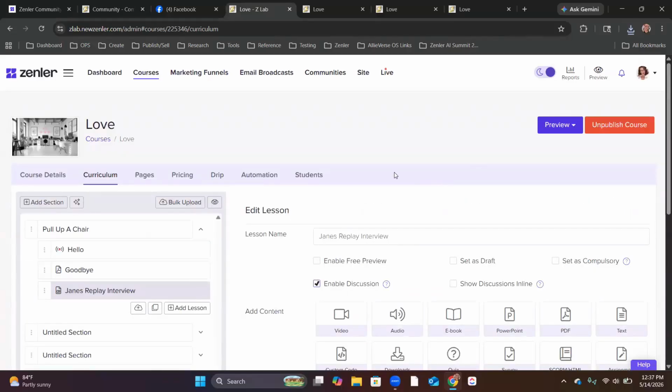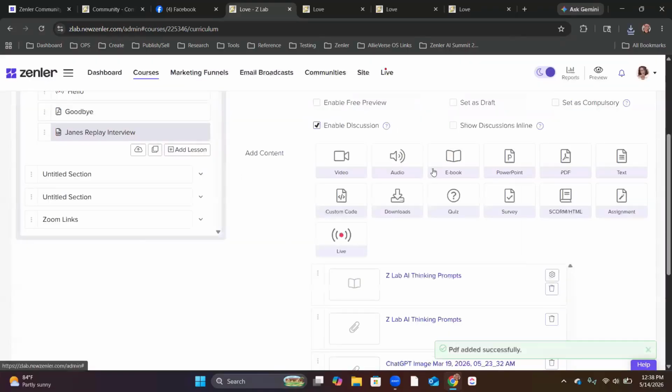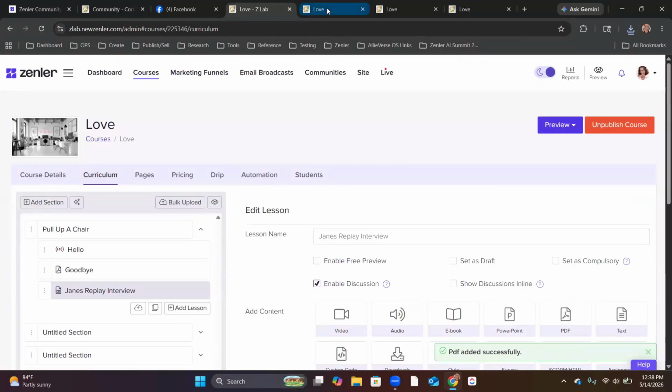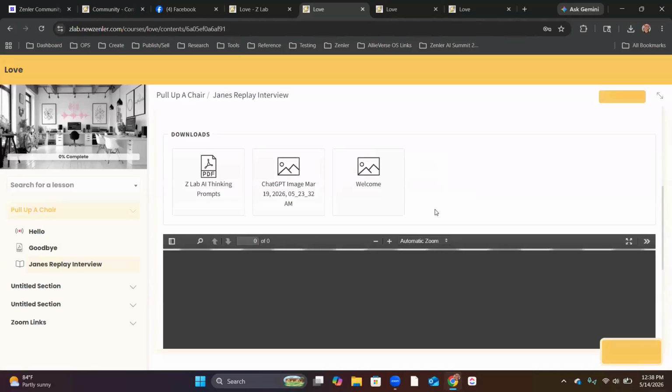Yes, it embeds the PDF as a full thing, but it's not flippable the way the ebook is. The ebook would look much classier. Yeah, I like the idea. So I would do the ebook and then I'd have individual PDFs, so that if they just want to look at one, because some might need to have it right on the desk when they're doing something, they might want to go ahead and print that out.